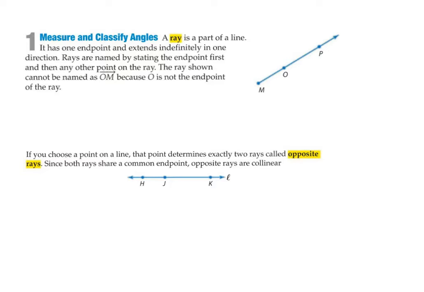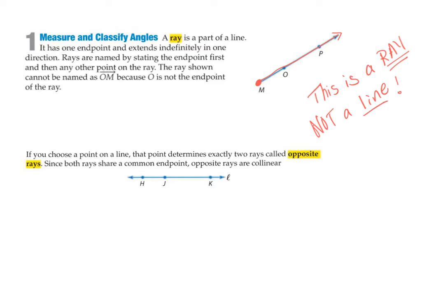A ray is basically any line that has just one endpoint, like M, and then the arrow on the opposite side. This would be considered a ray, not a line. The way that I would specify how to express this